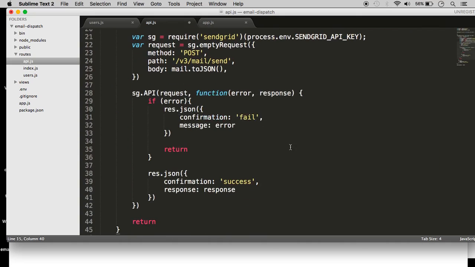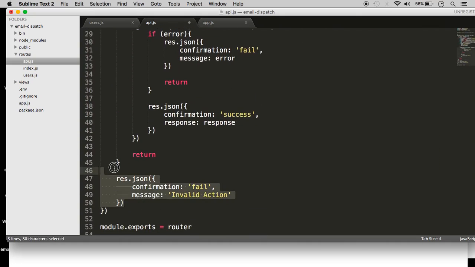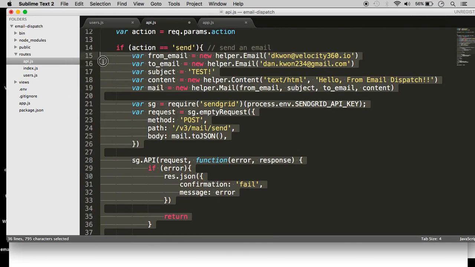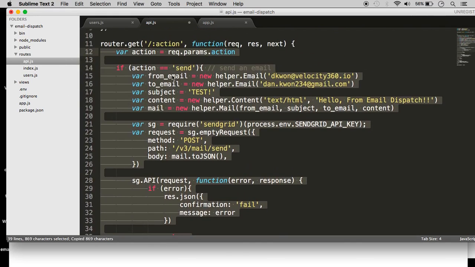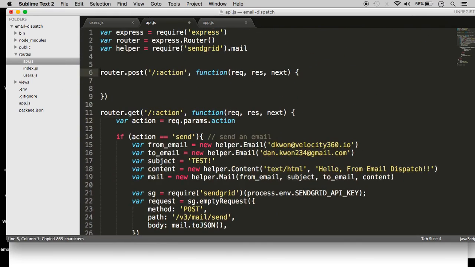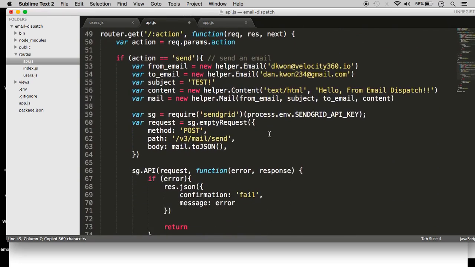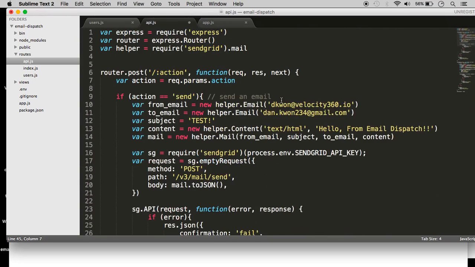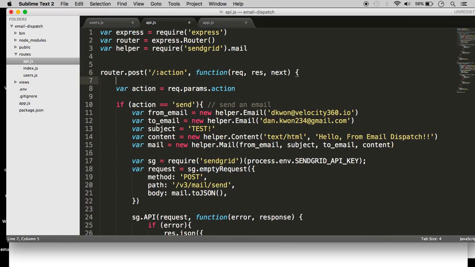And this will be fundamentally the same. They're both going to send email. So I'm going to copy and paste everything at first, like so. So now the same thing is inside of a post request. However, this time we want to make these parameters